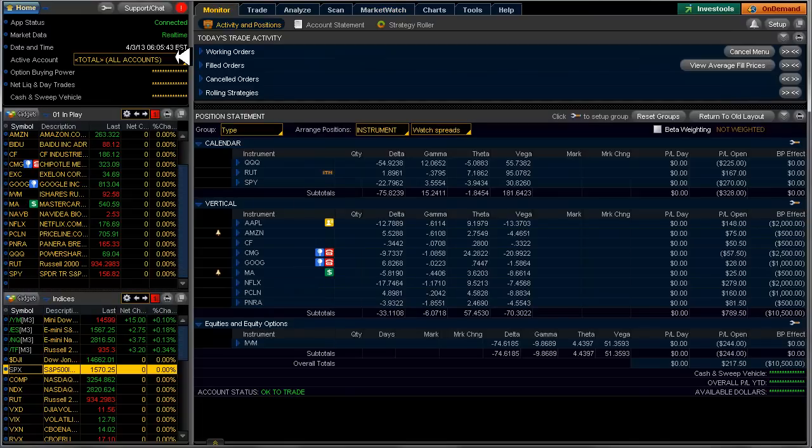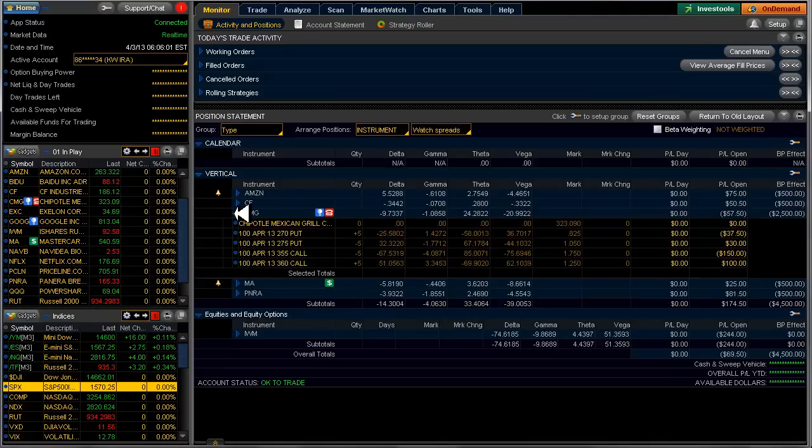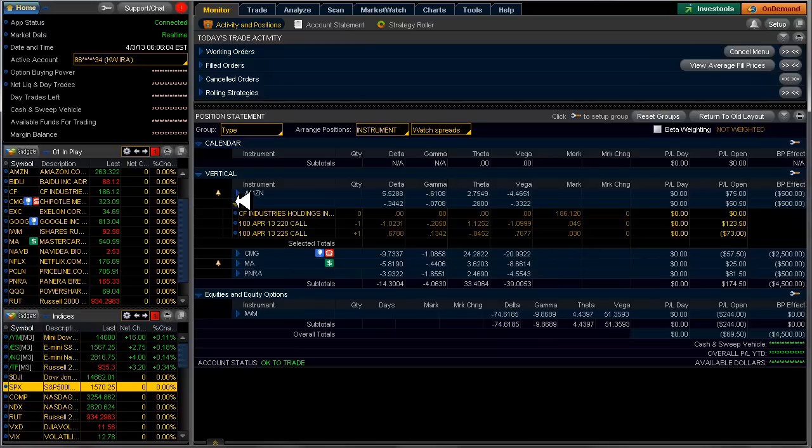Let's take a look at particularly the profit tent portfolio. I wanted to look at the delta here on our iron condors. We're at 14. Chipotle is kind of skewing things a little bit because we just have, no, that's not Chipotle, CF, we just have one end of that particular one, and it is down to less than a nickel, so I could close this for no transaction fee. So I will do that today,